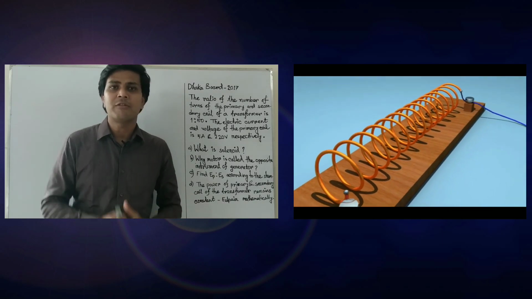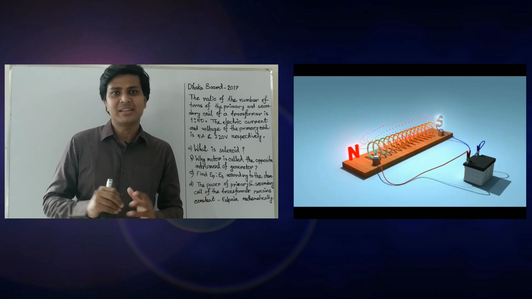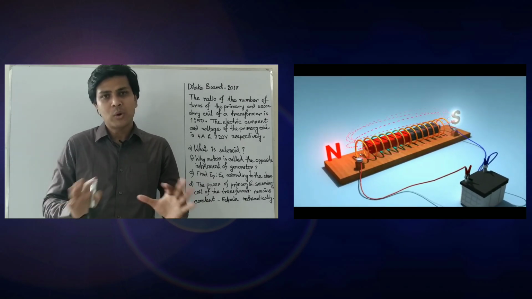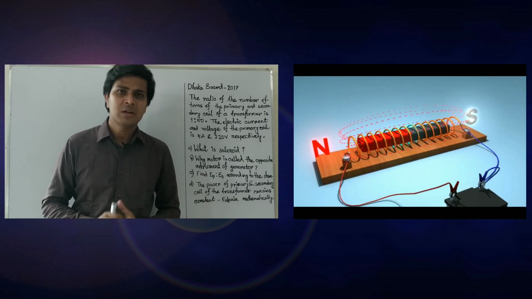Solenoid means due to the flow of current, most of the lines of force concentrate at the center of the coil, which looks like the magnetic field of a bar magnet. That type of coil is called a solenoid.